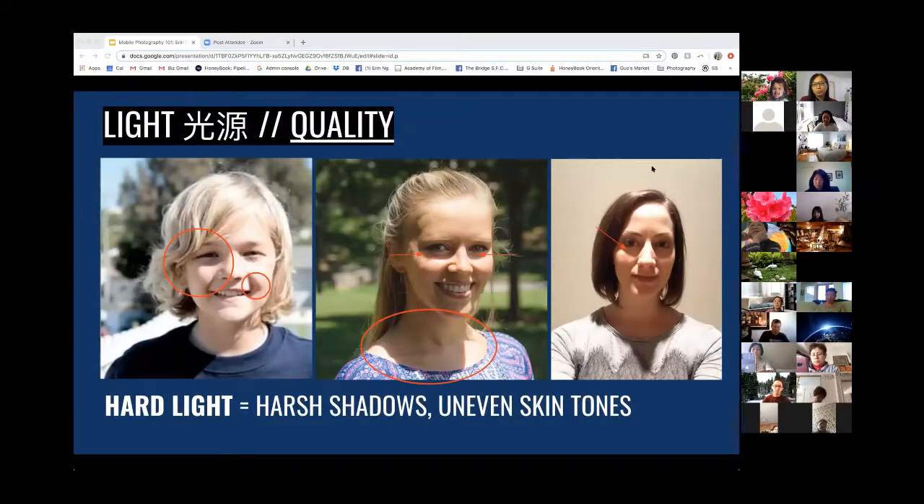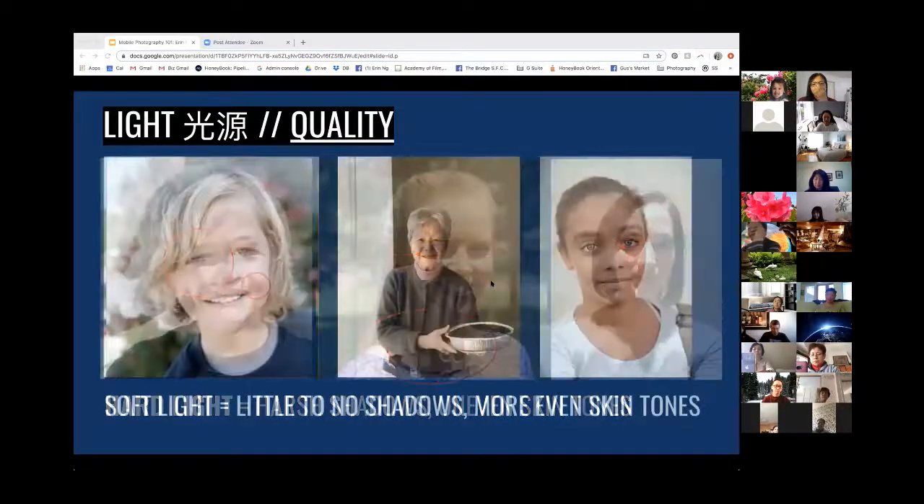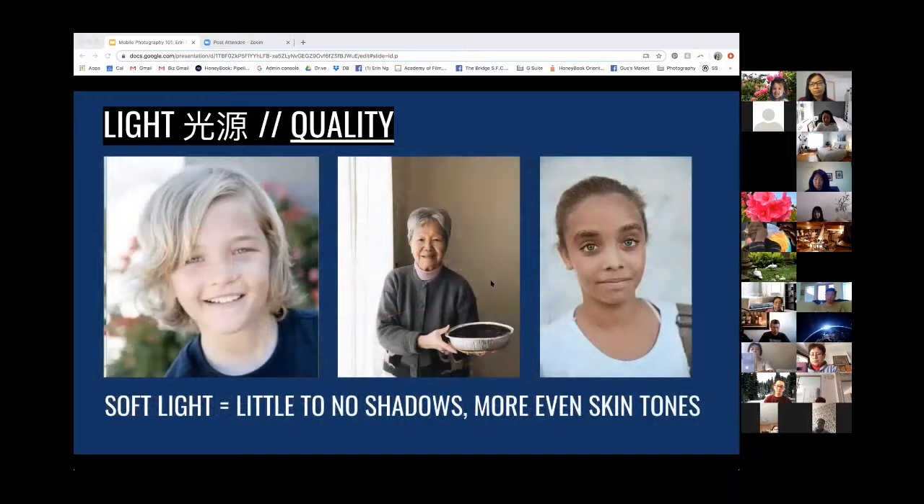If we have hard light, it's normally going to be uneven skin tone, really harsh shadows. We use soft light, it's going to be a lot more even, a lot more flattering. So hard light, again, is like the sun, spotlights. Soft light would be a cloudy day outside because it's diffused by the clouds, inside a bright room with big windows,